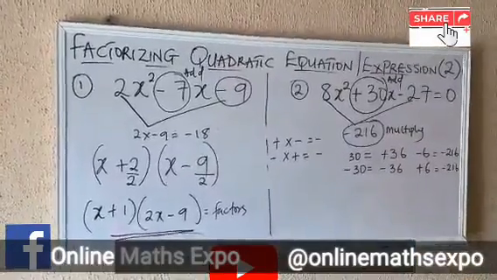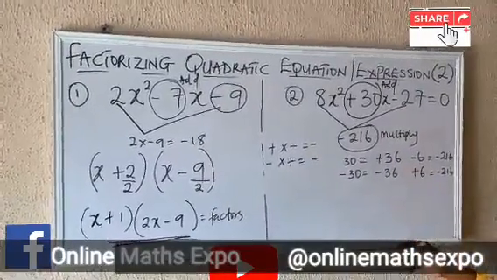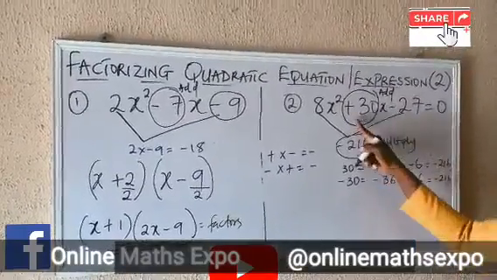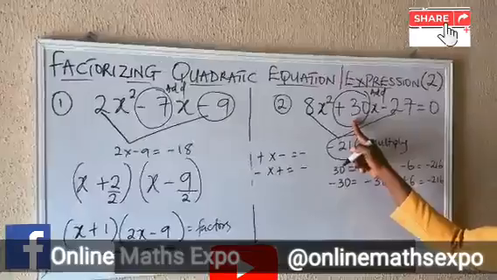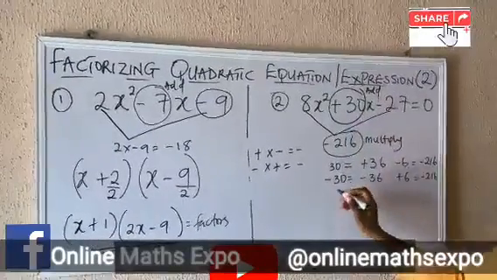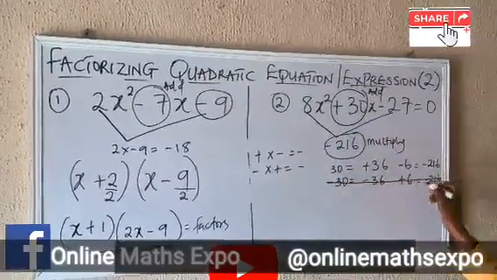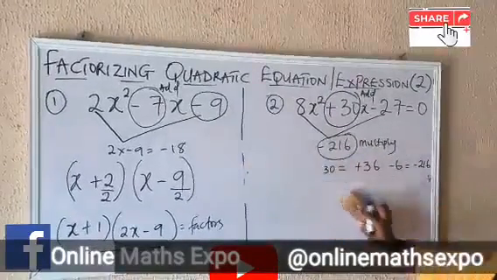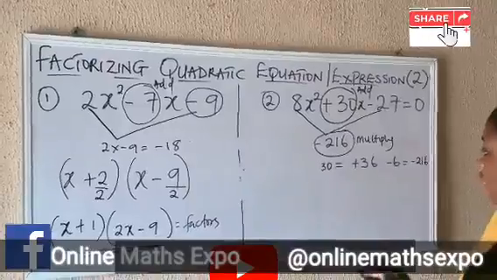So which one is correct? The correct answer here is 36 and minus 6, because what you are looking for is plus 30 and not minus 30. So we're going to rule out the other and go with this as the two correct factors. I hope you are still following. So that will now give us